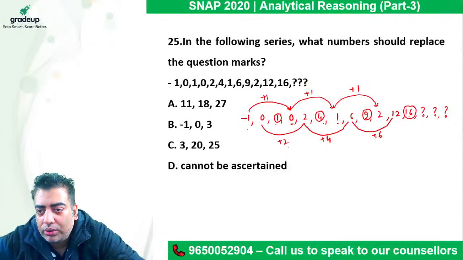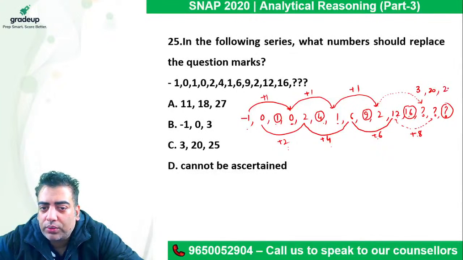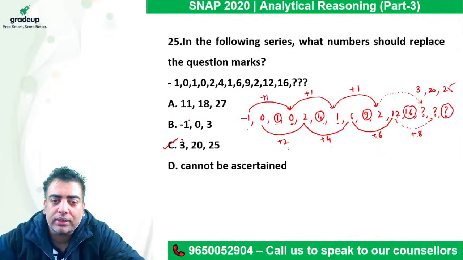So now using this series, first of all, the first value must be 2 plus 1, which is 3. Now using this series, skipping two, so +2, +4, +6, next will be +8. So 12 plus 8 must be 20. And using this gives me 5 square, which is 25. So the correct answer option is C.